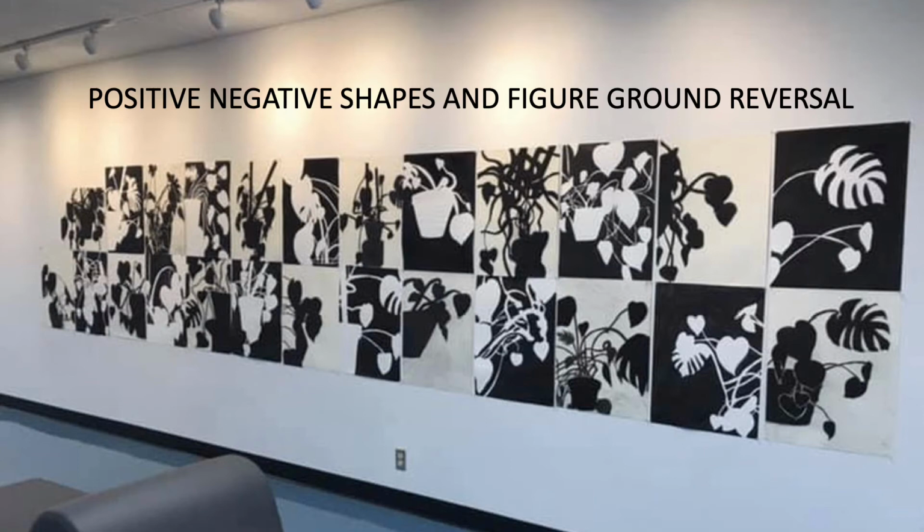In this video, we'll discuss positive negative shapes and figure ground reversal. In addition to that, we'll take a look at methods of measurement. We'll go a little further with that. In the last video, we discussed how to abstract a basic shape